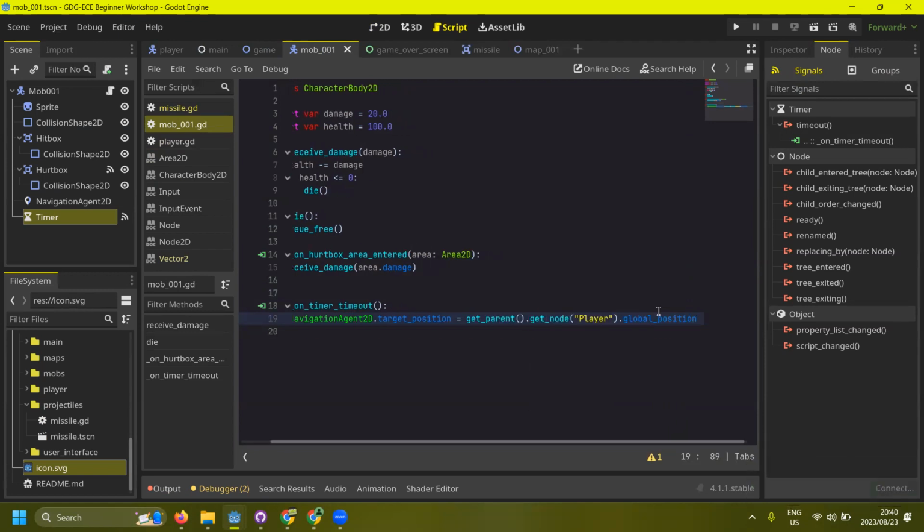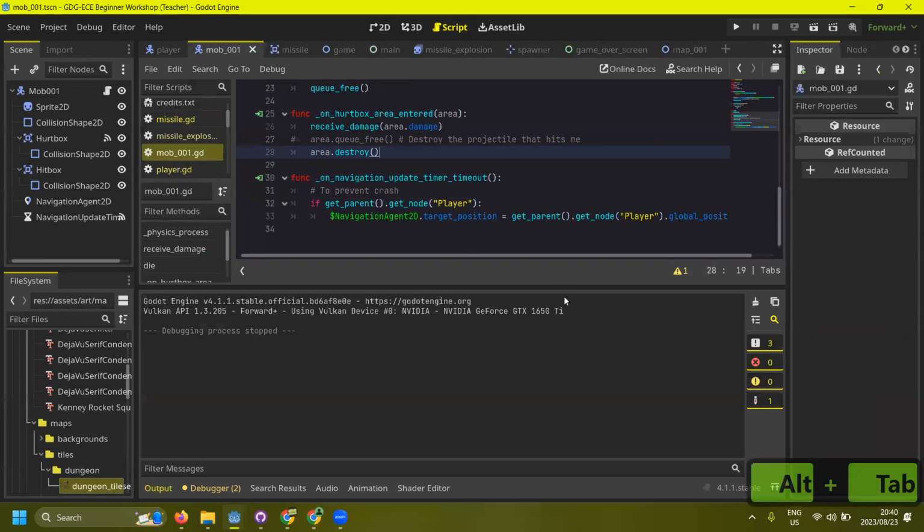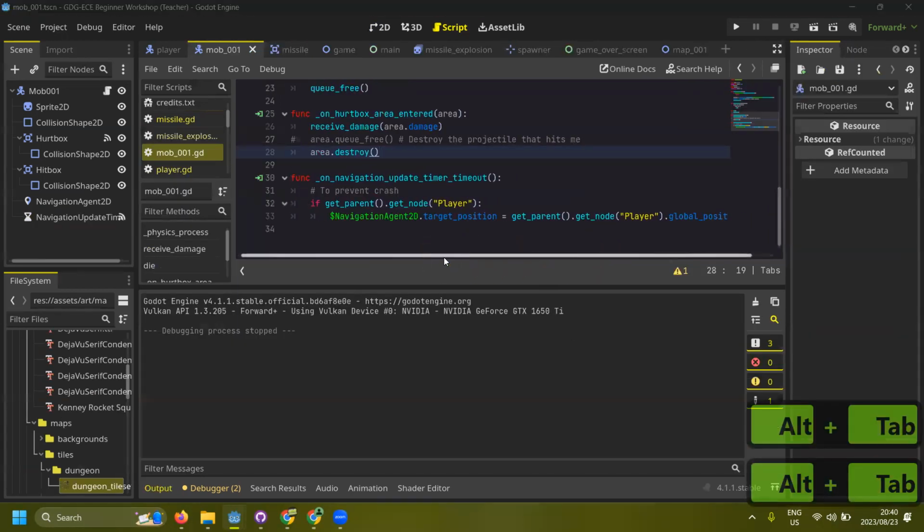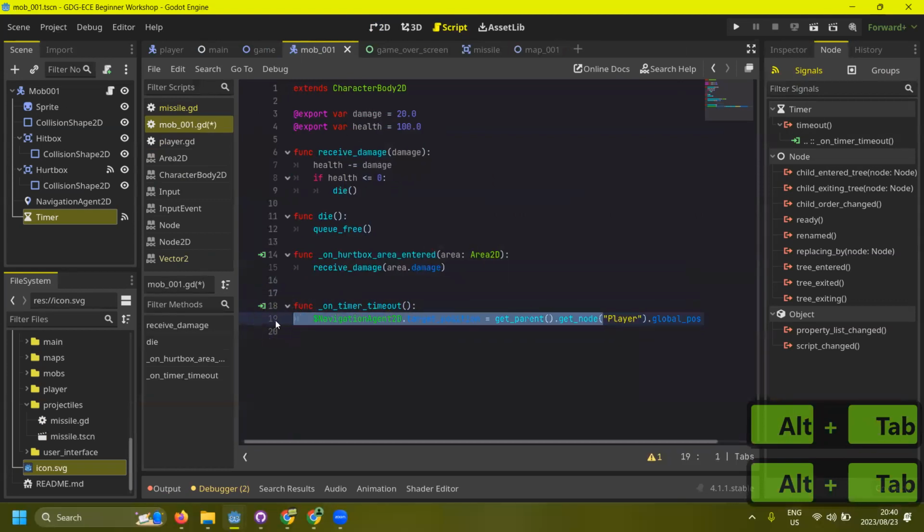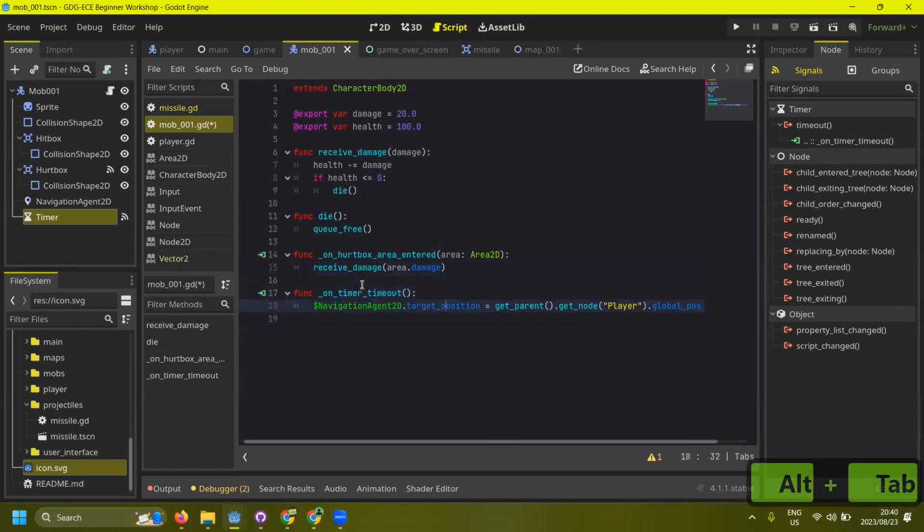Get global position. So now that we have done this, we need this to run every 5 seconds, or every 1 second, which is already done. Then now if you play the game,